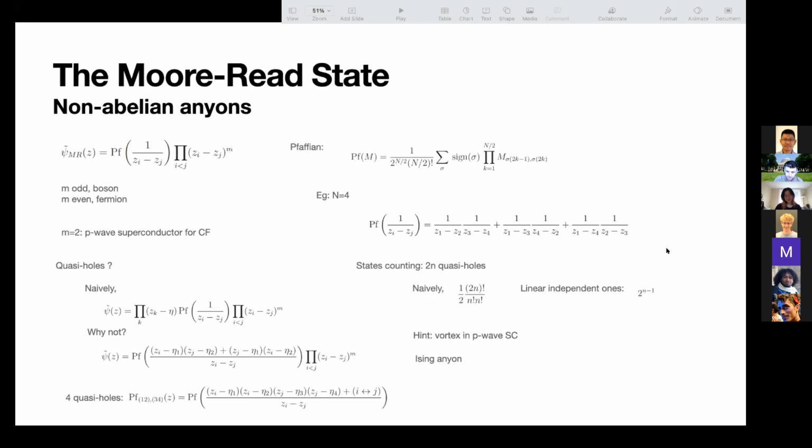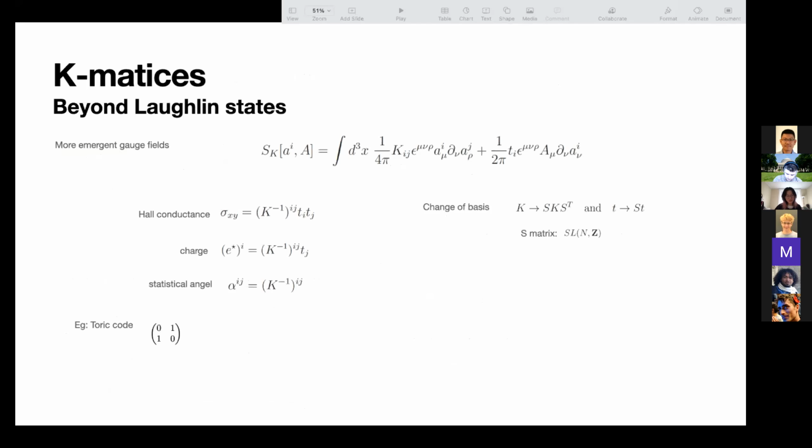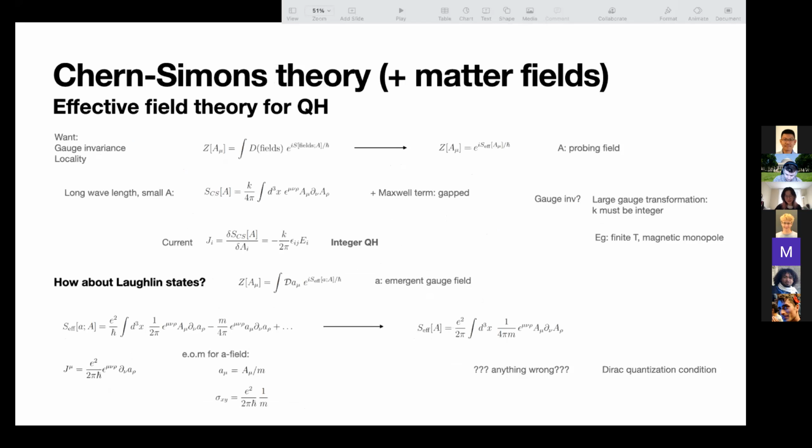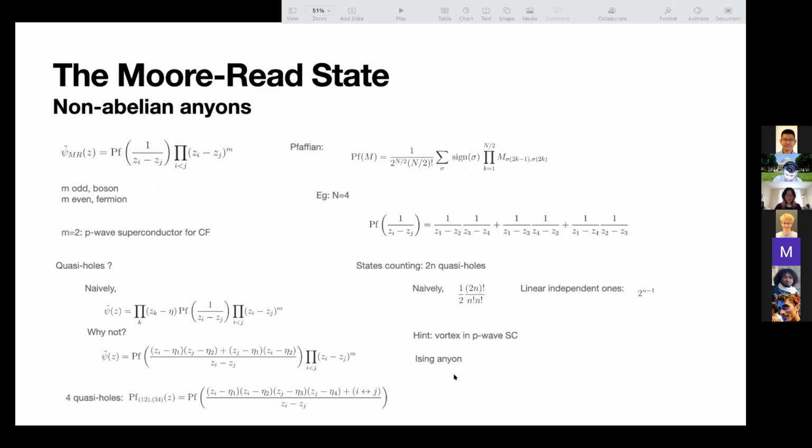So basically, we just partition 4 particles into 2 particles and 2 particles, and exchange indices with the sign of the permutation. Yeah. So this Pfaffian coefficient times this factor,